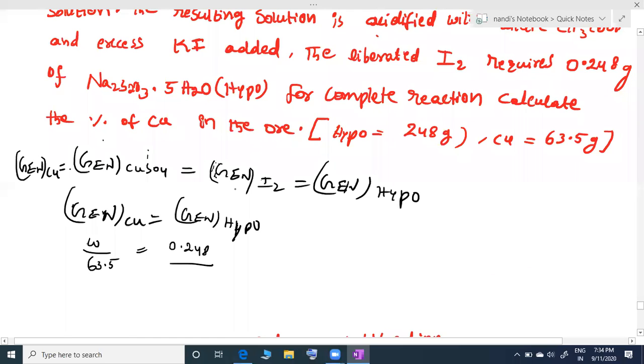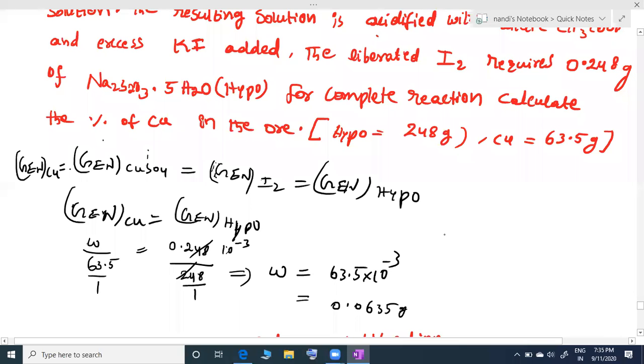Equivalent weight of hypo, n factor is 1 for hypo solution, already we calculated. So equivalent weight is 248 by n factor 1. Here also n factor is 1. So can you calculate W equals? You'll get almost 1000, so 10 power minus 3. So 63.5 into 10 power minus 3. Then W equals